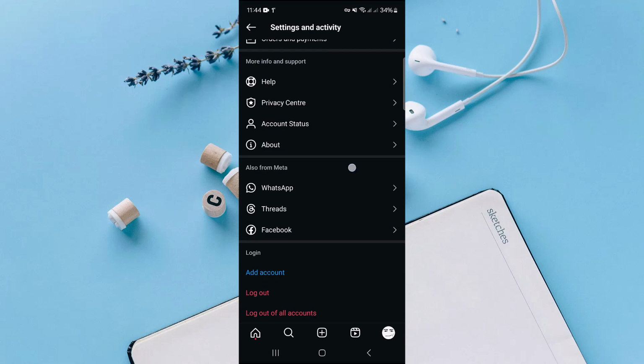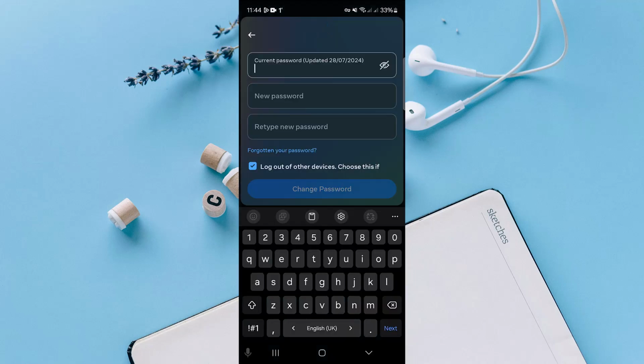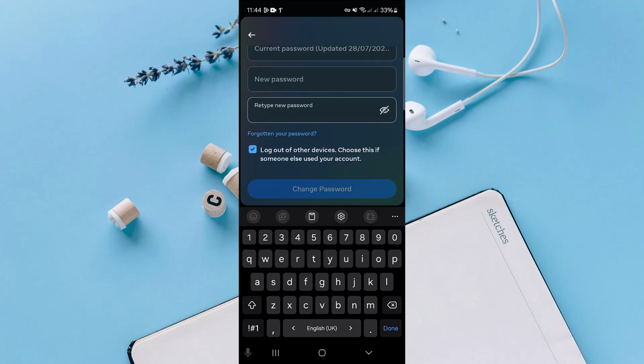And before that, let me show you from the account center how you can do that. Head over to your profiles or head over to password and security. And here tap on change password and go to the profile, and here give your current password and give new password. Retype the new password so that you can be sure of it, and check mark it if you want